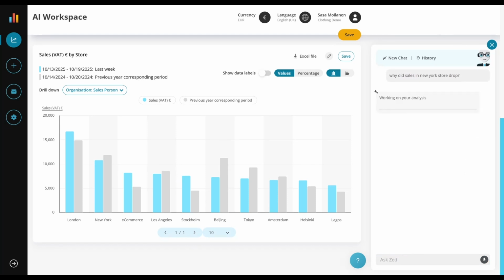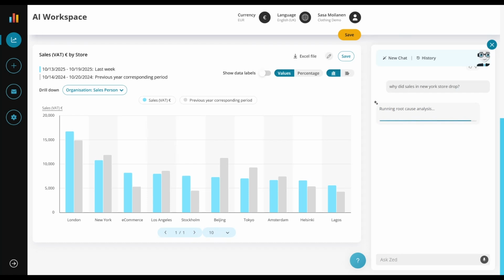And it's actually useful to use those exact definitions. Like in this case, I specified New York store because it helps, of course, ZED to always understand the context as well as possible. So that with New York here, we mean store New York, not, for example, category New York or product called New York or something like that. So it always helps if you use the exact names that you have,